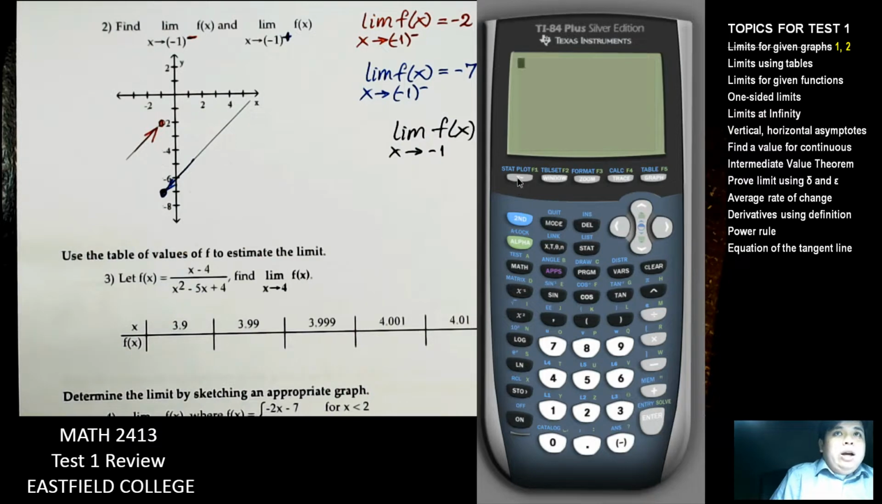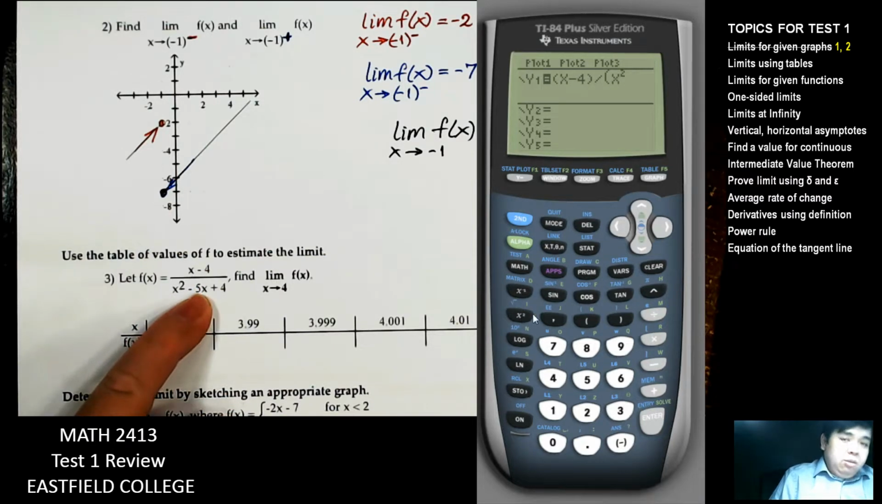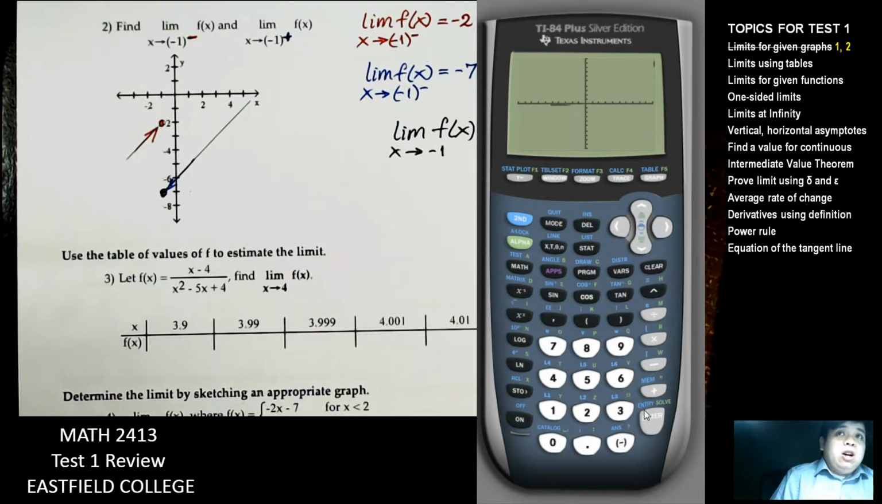Right. Hit y equal to, we have x minus 4 divided by x squared minus 5x plus 4, and then we will find the values. So if we hit the second trace the values around the first one, it will give us a graph and we say